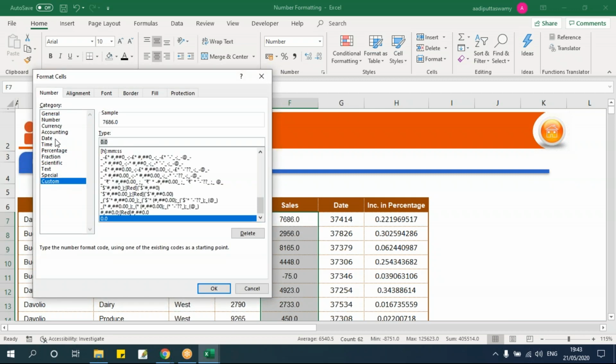Let's go here. Now I want the negative values. So this is for the positive number. Any negative values if you want, I'll say semicolon and put the same thing 0.0 and close the bracket. See, the positive number, then whatever comes after that semicolon, that is negative number. I'll say OK.